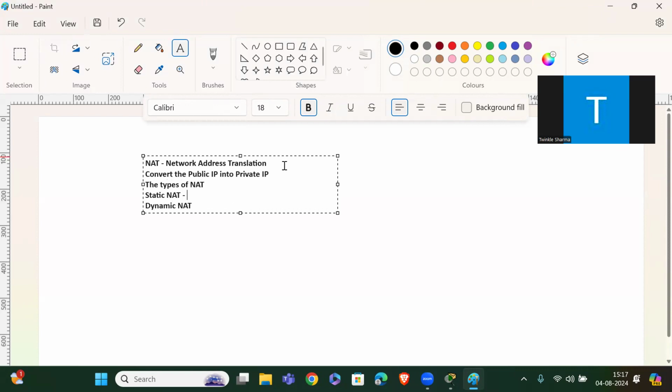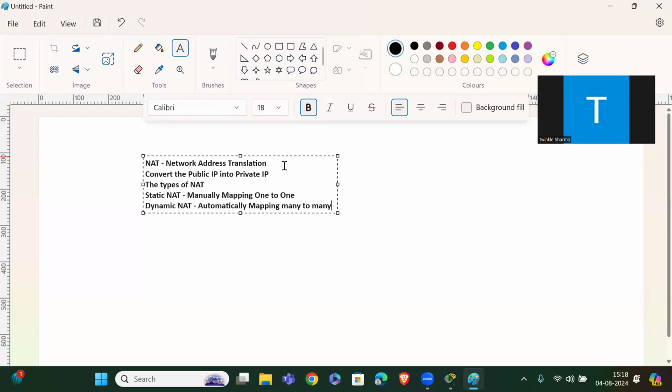The static NAT is used for manually mapping one to one. Then we have dynamic NAT, which is used for automatically mapping many to many.